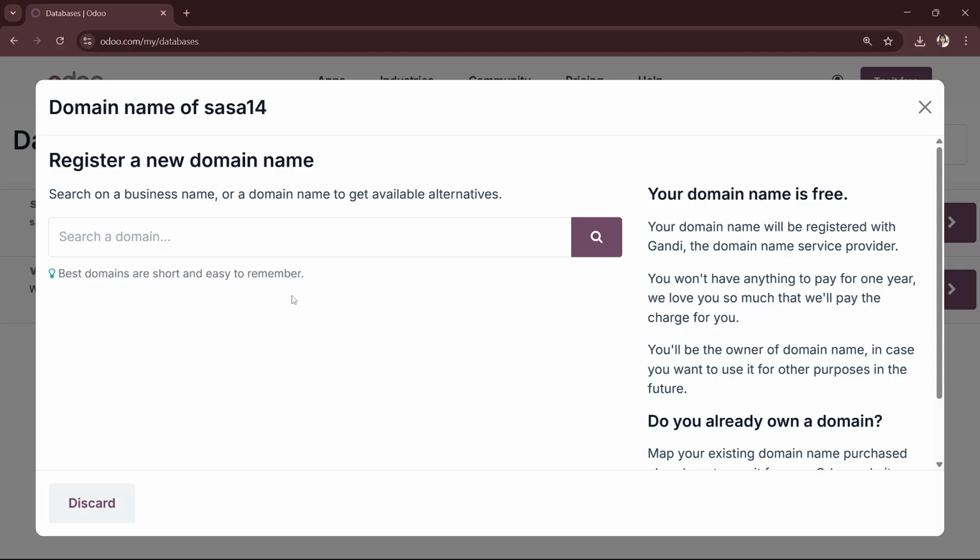And then just enter the desired domain name that you would want for your website. And then Odoo will check the availability of the domain and show you the price. And if the domain is available and you're satisfied with the price, you can proceed by entering your payment details